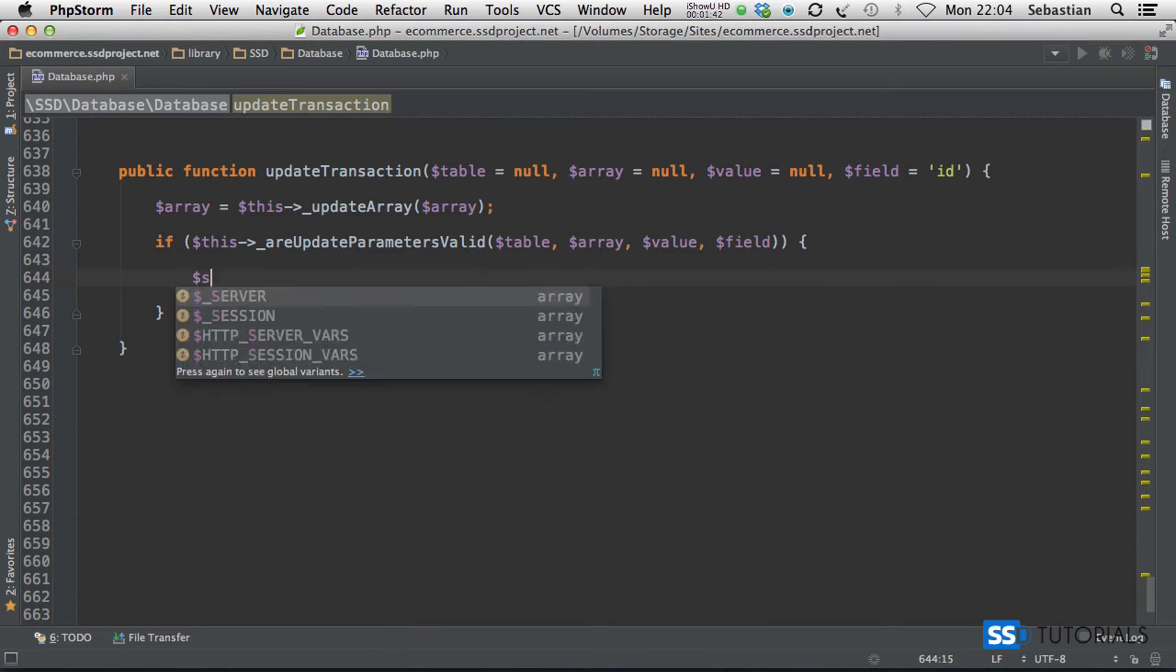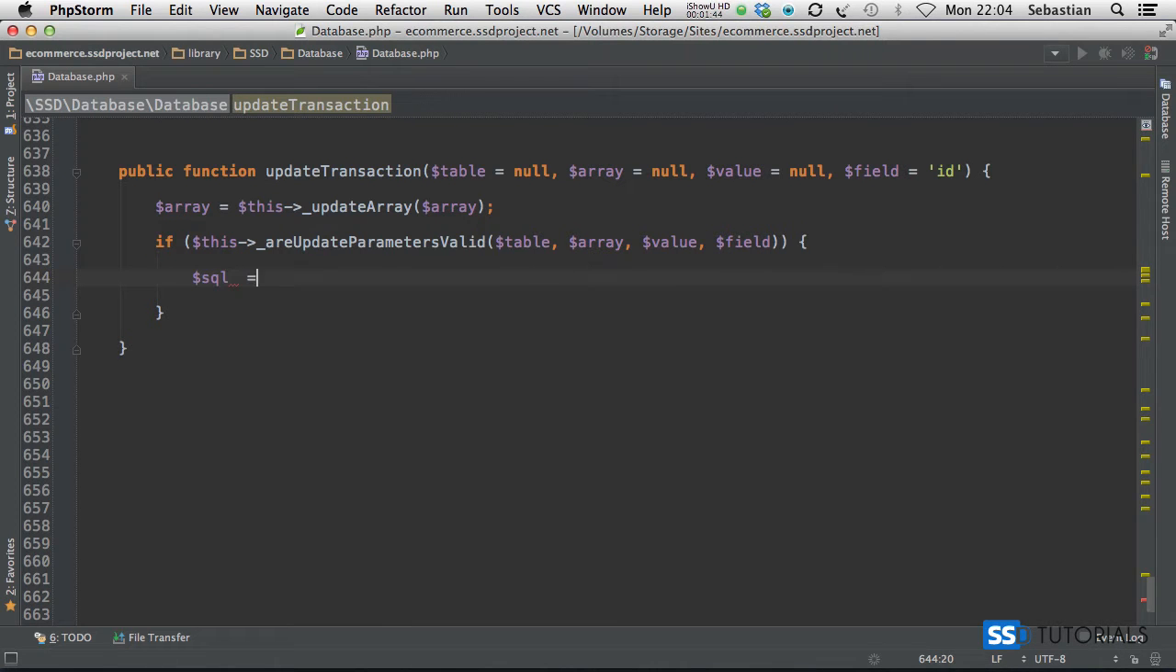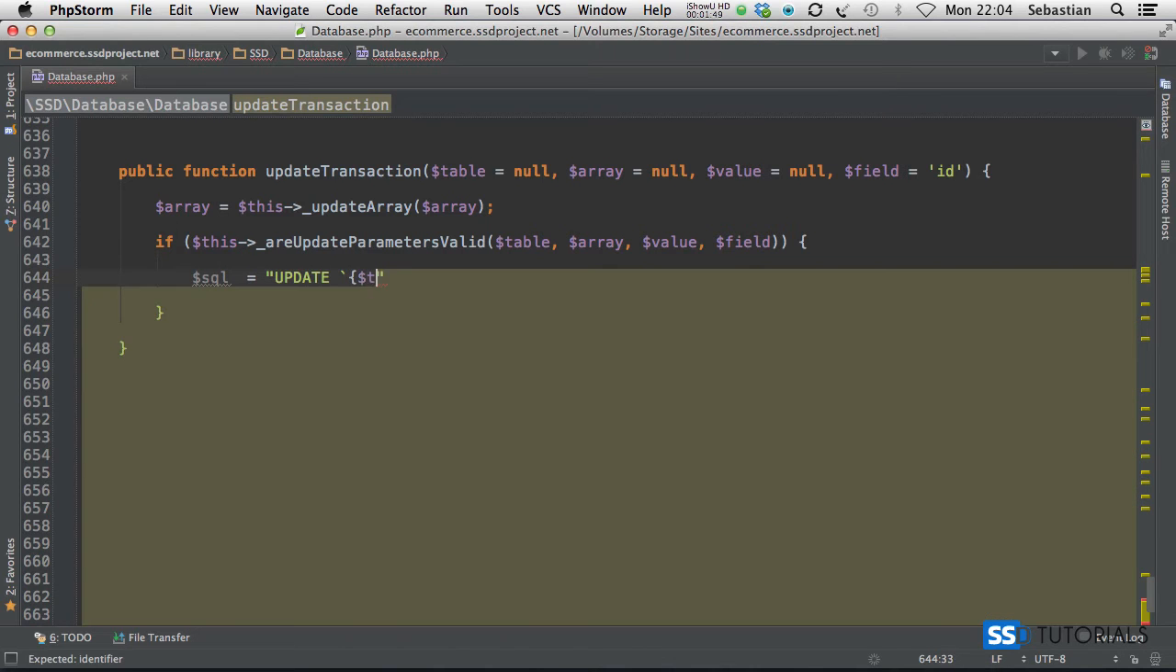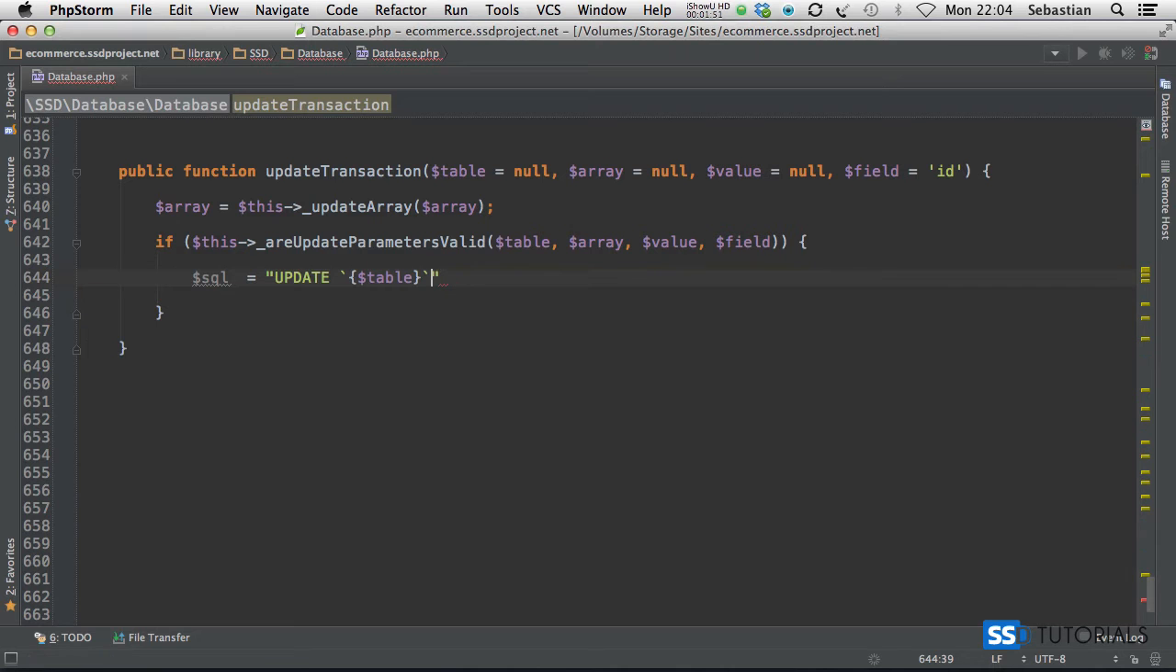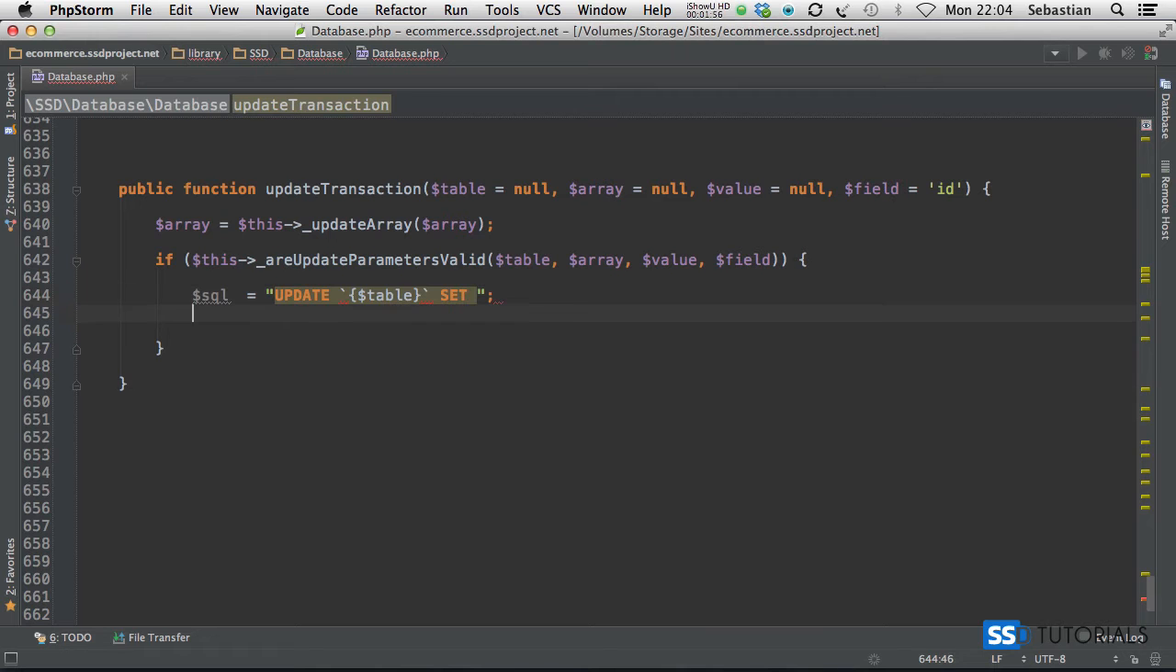So now we can go for the SQL statement equals, and we start with the update table, and we go for set, oops, a semicolon after that, SQL concatenating with implode, we're going to be imploding with the comma, and array index 0, which is basically the field, equals question mark, SQL imploding with where,